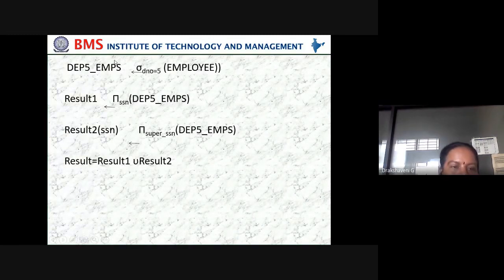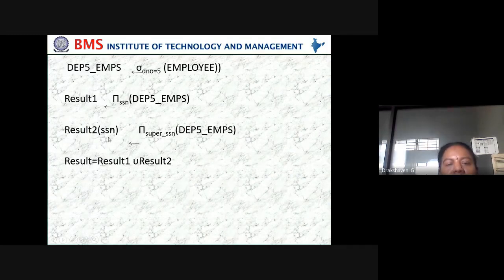In the department employees, I don't want everyone, I want only one column, only the social security number, and store it in result 1. Now let us take all the employees who are working in the department MCA. It will select all 14 people who are there in the MCA department. This will be result 1.